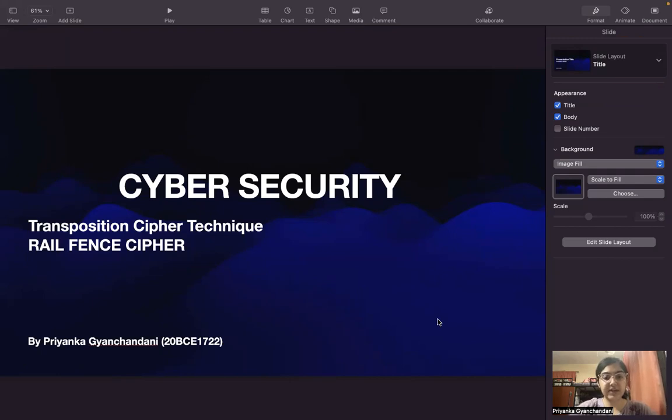We have studied different cipher techniques in our course curriculum, that is Playfair cipher, Caesar cipher, or Hill cipher. Basically, those are substitution ciphers. Here, this is going to be a transposition cipher. So, to talk about the transposition cipher,